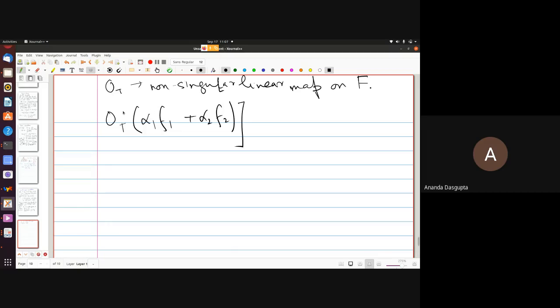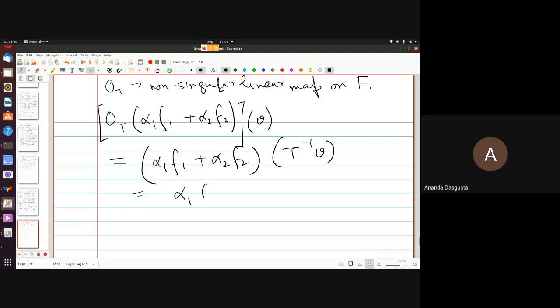To figure that out, apply this whole function on an arbitrary vector V and check what comes out. What comes out according to definition is simply alpha 1 F1 plus alpha 2 F2 acting on T inverse V. And then that is equal to alpha 1 times F1 acting on T inverse V